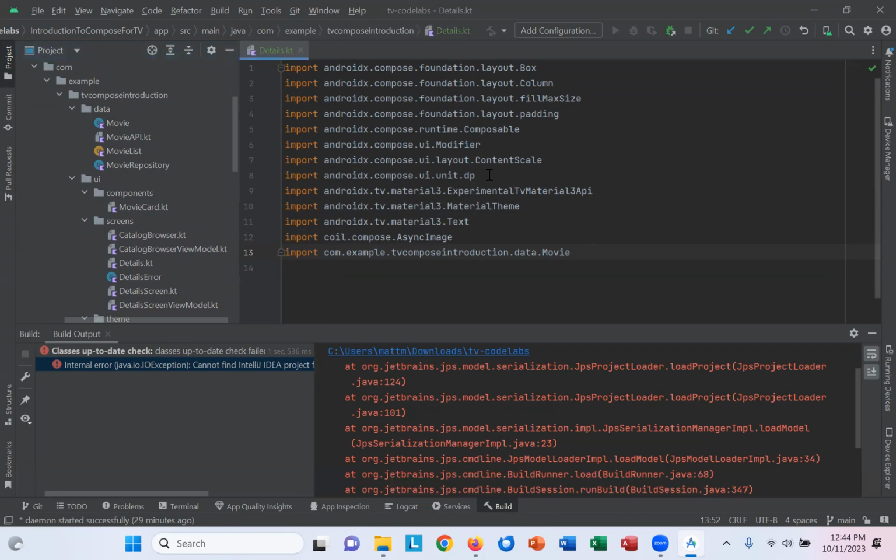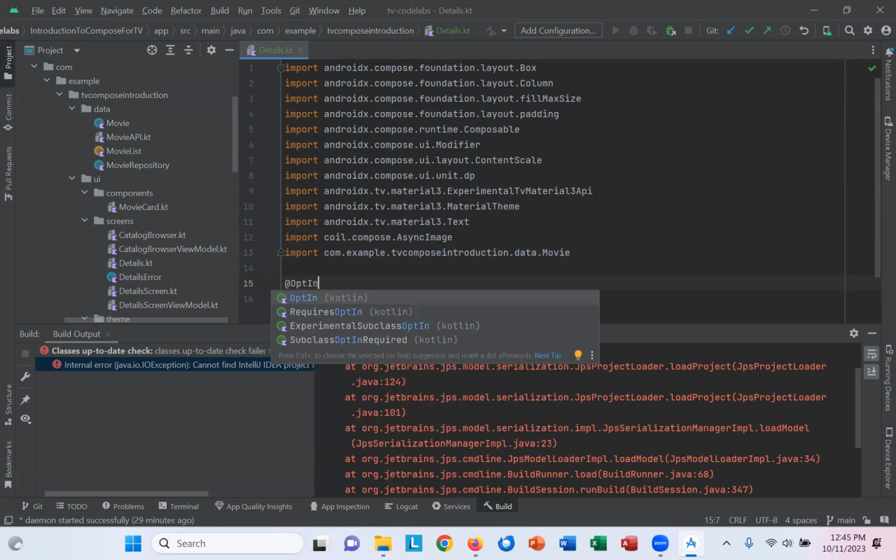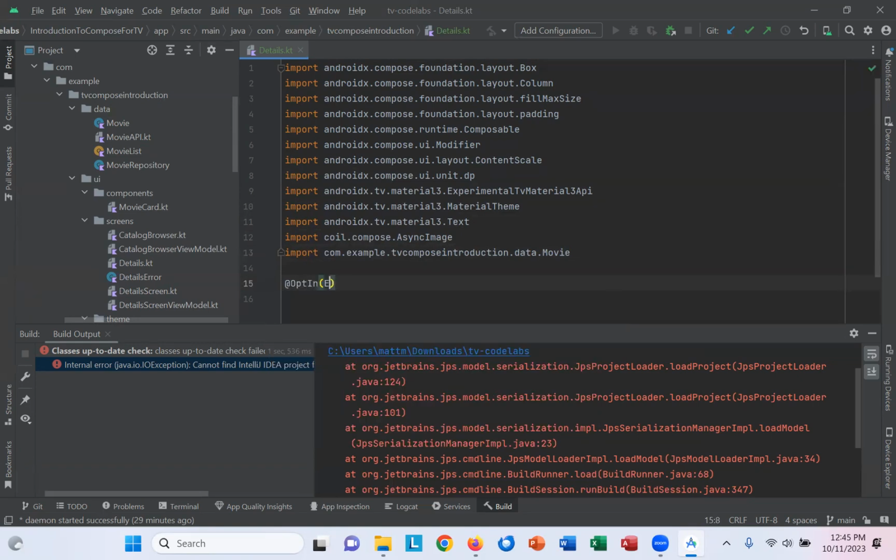So just as we did previously, we now have to opt in to this API, this experimental TV material 3 API. So it's at opt in, experimental TV material 3 API,